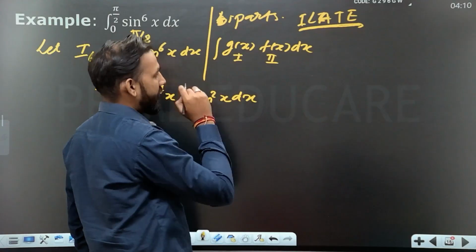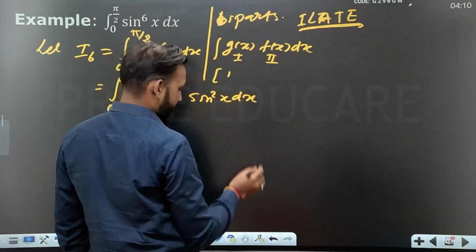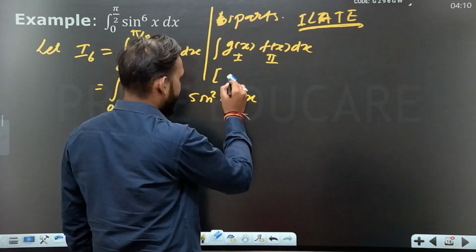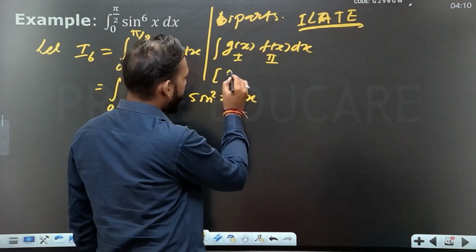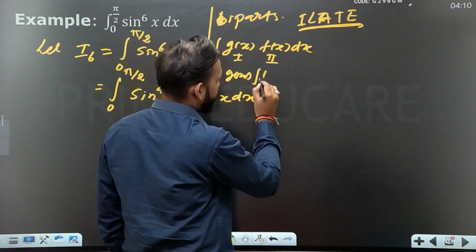We do the integration: the first function as it is, g of x as it is, and integrate the second function,